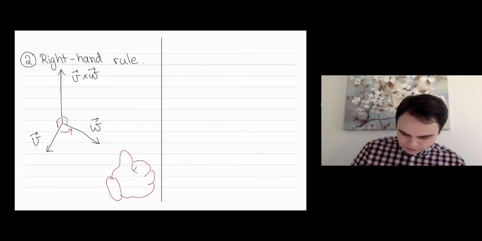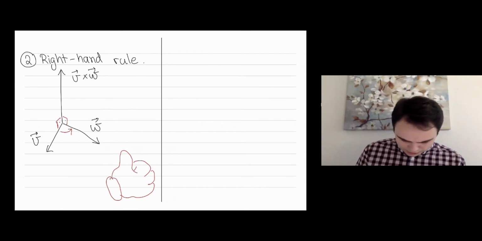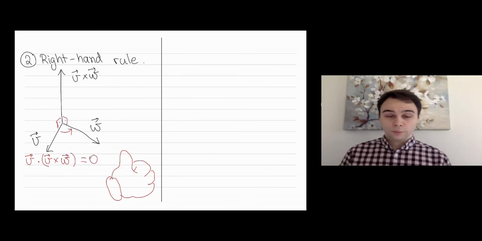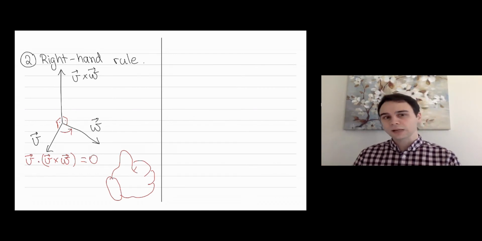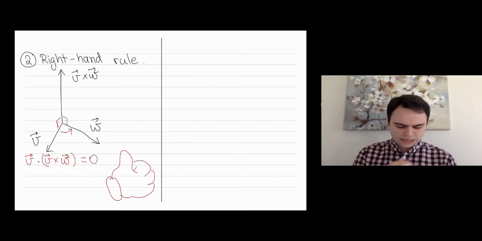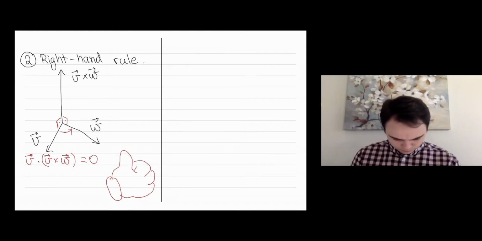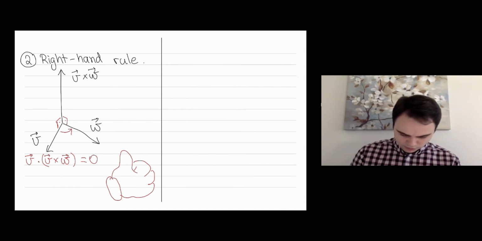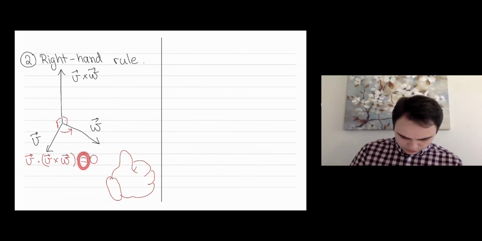All right, so let me write the other thing that I just said down, namely that V cross W is perpendicular to V. To say that two vectors are perpendicular is the same as saying that their dot product is 0, because perpendicular means the angle is plus or minus 90 degrees, and that's the same as saying that the cosine is 0, and that's the same as saying that the dot product is 0. This equality here is this angle,